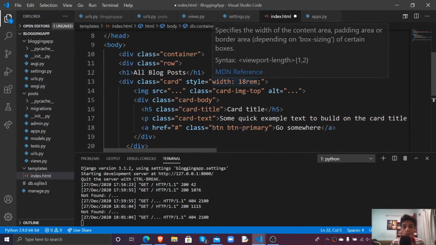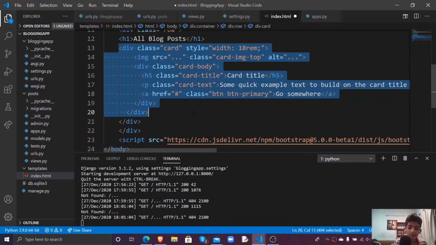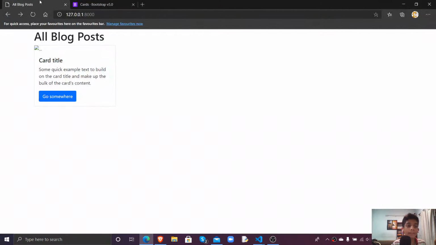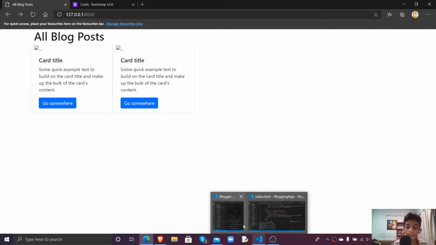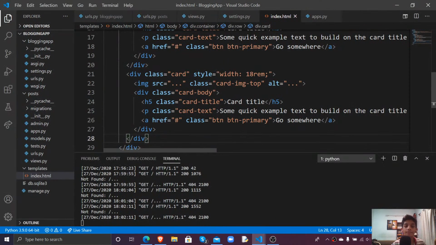and now that that's done, let's copy this card and paste it. Now something interesting happens here. You would expect them to come side by side, but there's no padding to the left and right. So let's head back to Visual Studio Code. Inside this